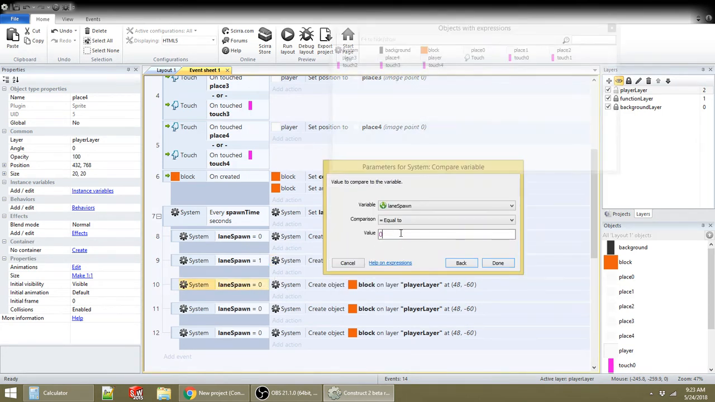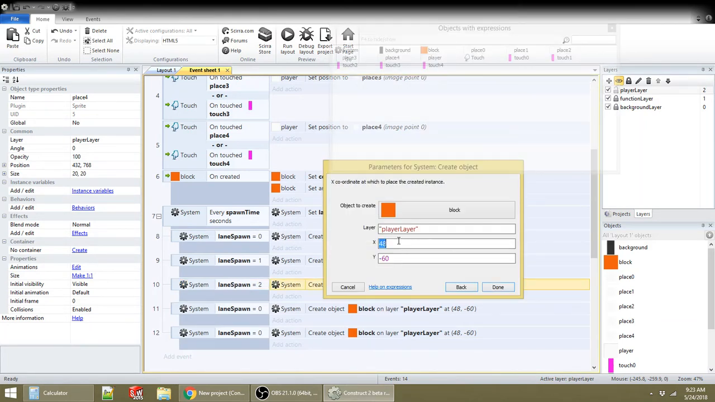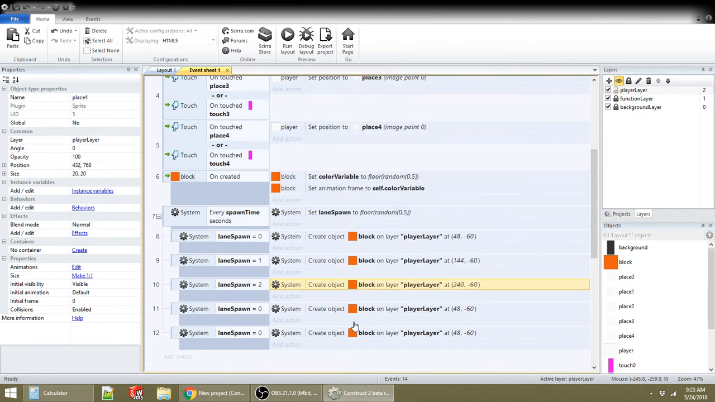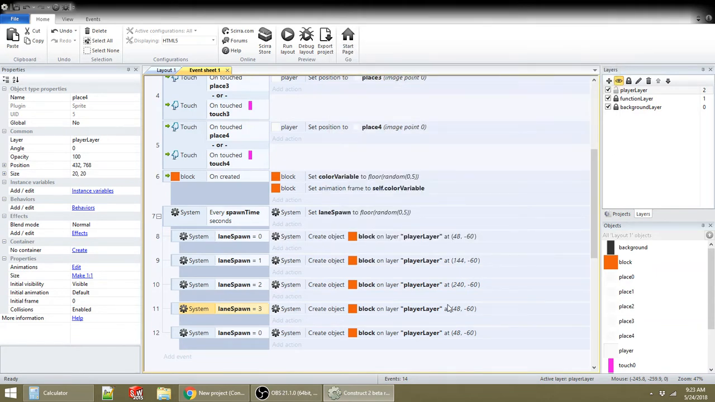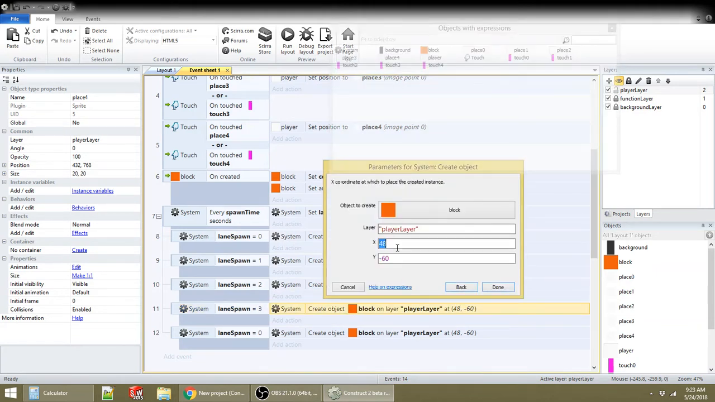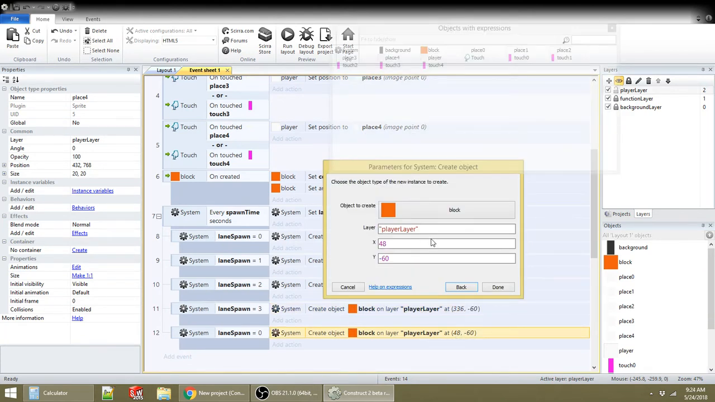My lane squad. So my lane squad is at 144. So that's what we do. My lane squad. So my lane squad at 144. So that's what we do. My lane squad. So my lane